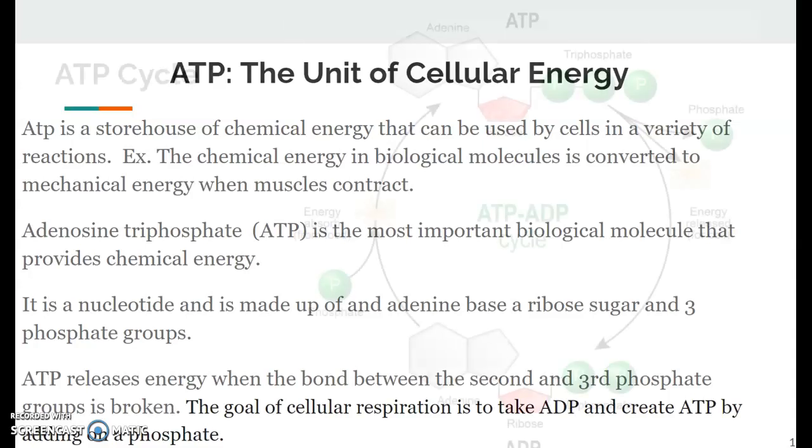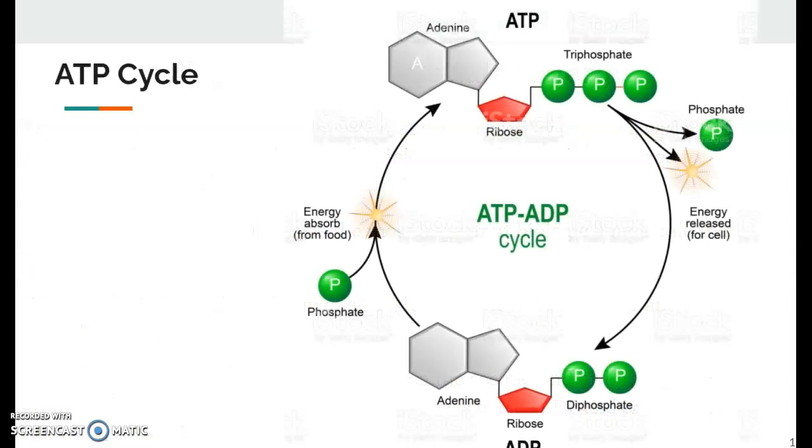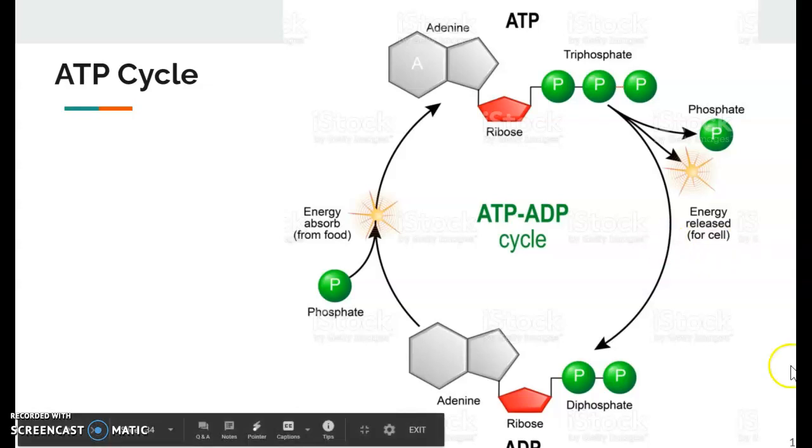All right. So here's a little picture of the ATP cycle. So this is ATP, or adenosine triphosphate, right? Once this bond is broken between these two phosphates, energy is released for the cell. And that energy is energy that you can use to do whatever you need to do: run, jump, throw, grow, whatever you need to do. All right. And so once it is ADP again,